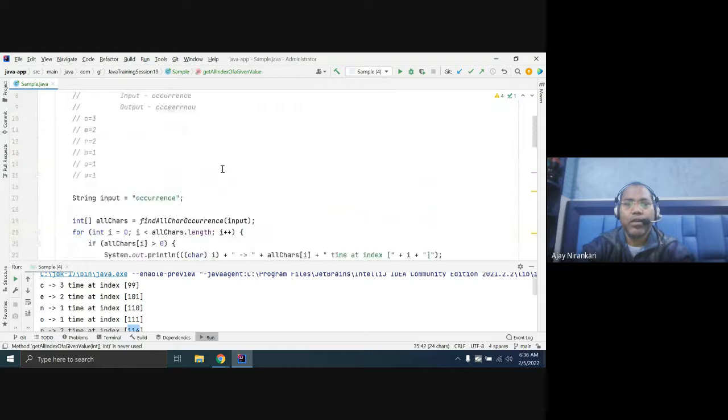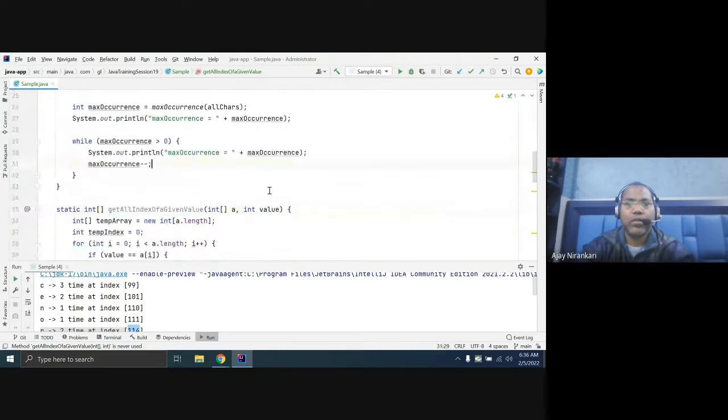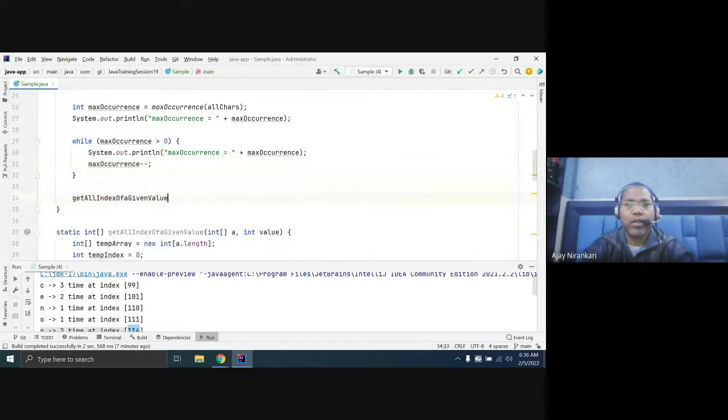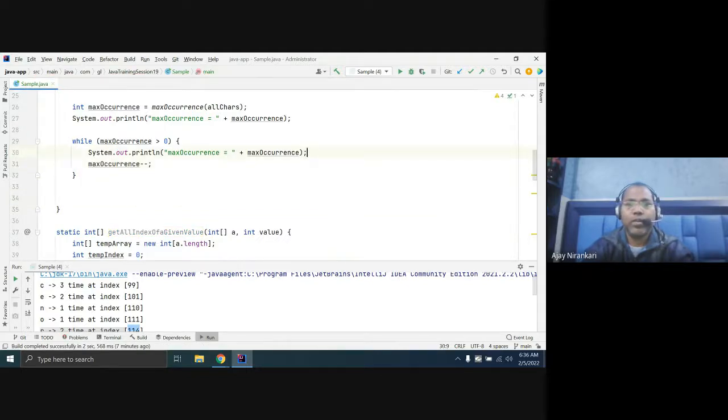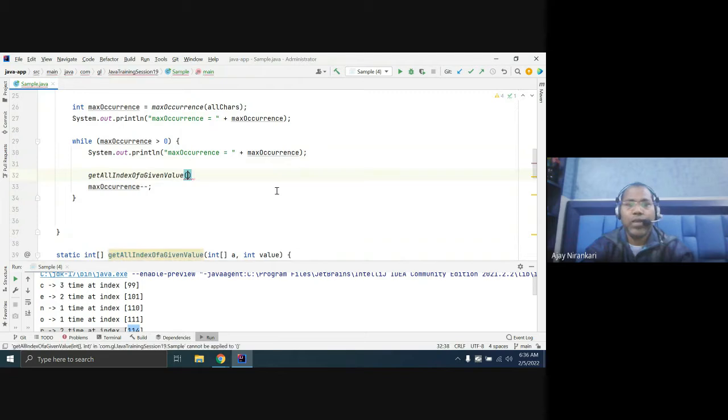Where is my code? Yes. Let us just try out, just pass your max occurrence. Yeah, just pass inside the loop. For max occurrence, you pass max here, and this will return your EA.